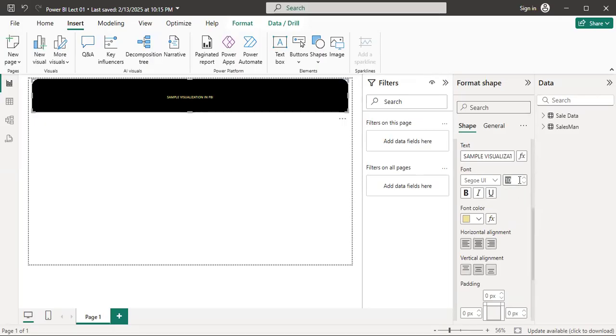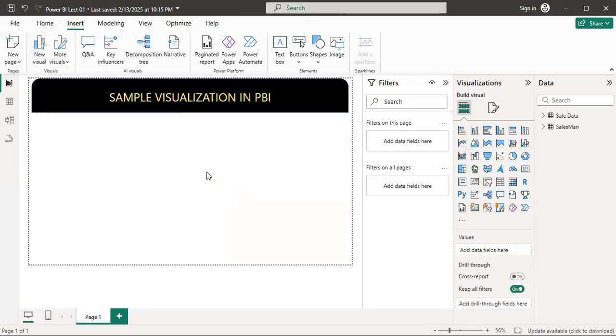Size is quite small. Okay, so you see that you have a lot of flexibility here. Okay, then